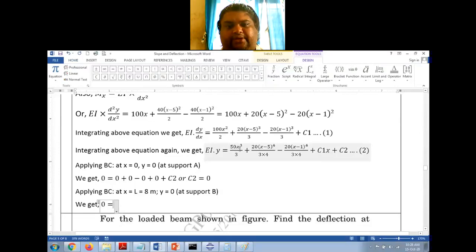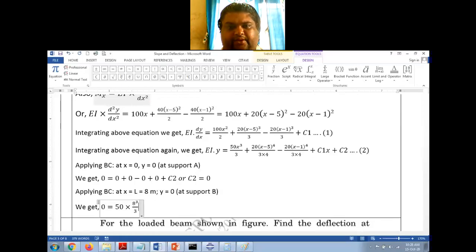So it is 50 into x cube and x value is 8. So 50 into 8 cube by 3 plus 20 by 6 is there, or it will become 5 by 3. 5 by 3